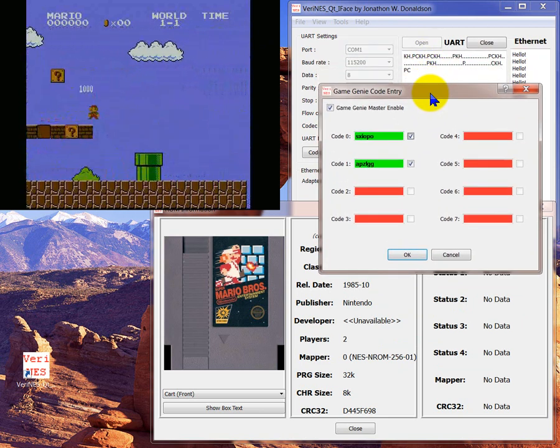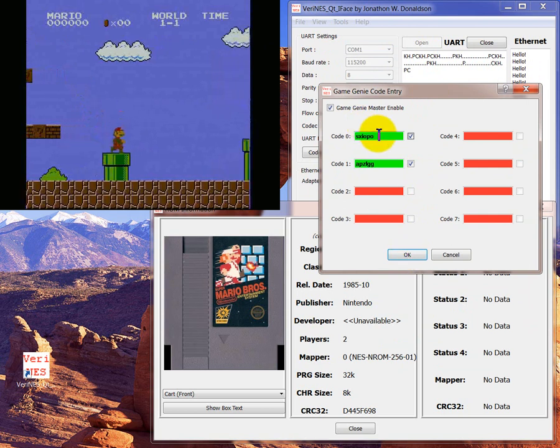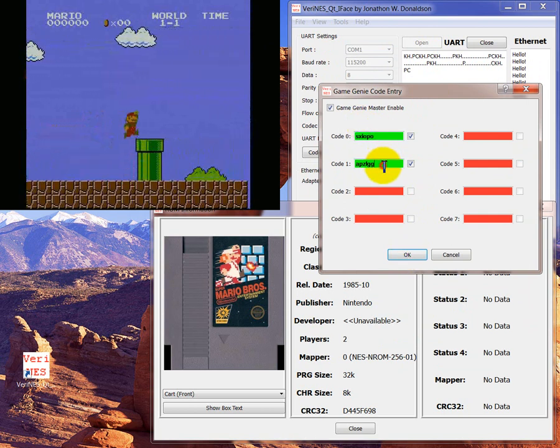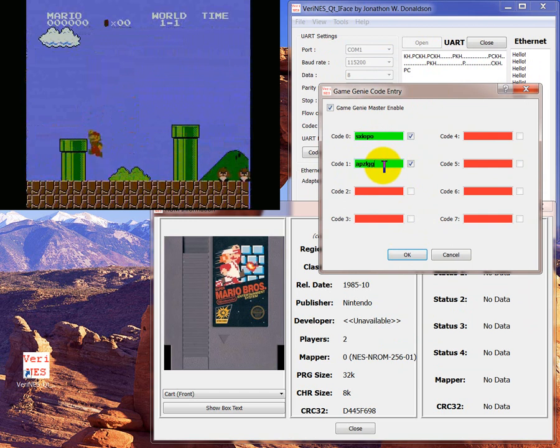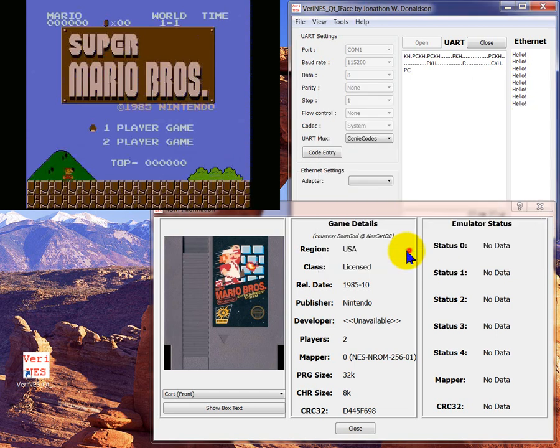So I can demonstrate some of these. So SXI OPO is infinite lives, and then this one, the code 1, I think it's like mega jump from standing still. So if I click OK,